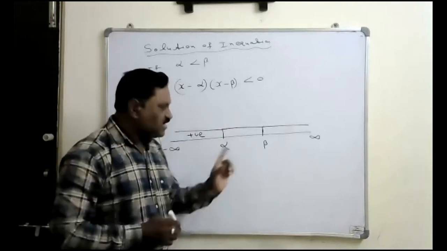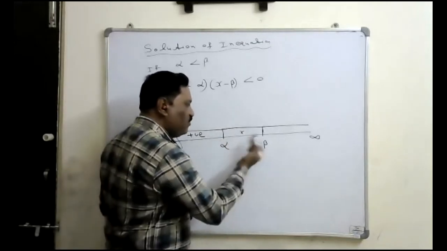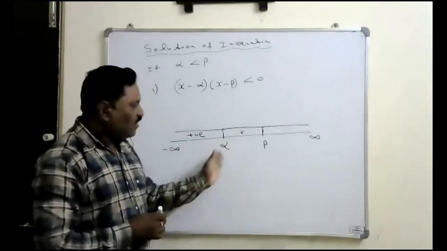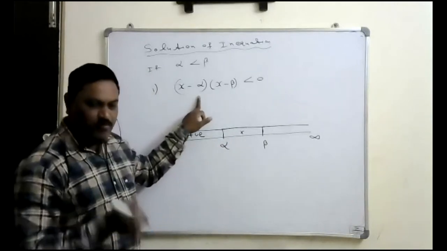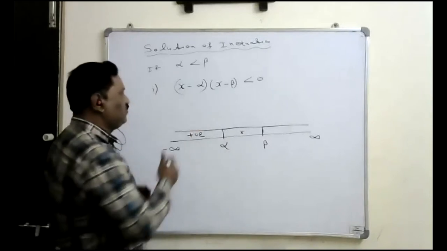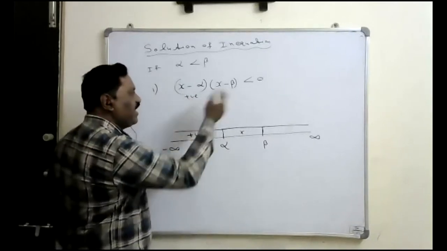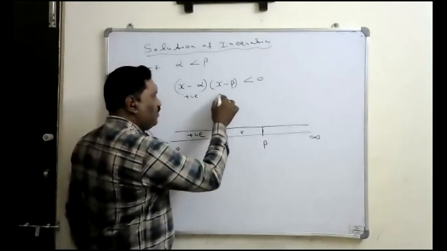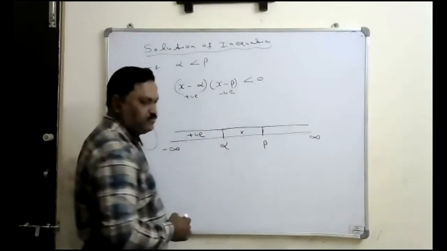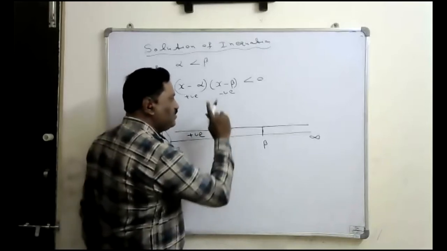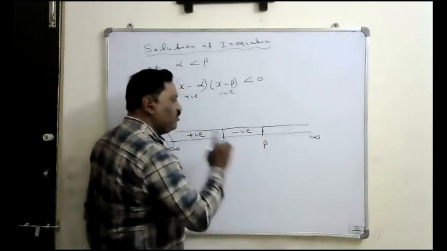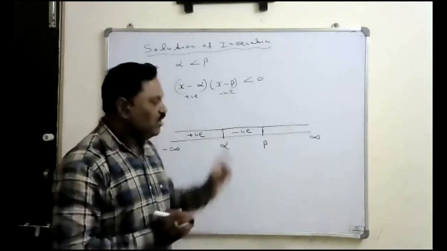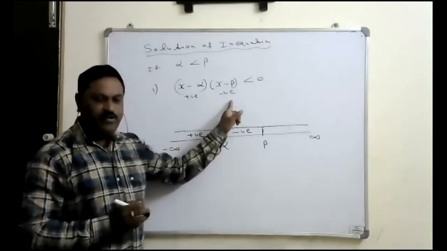Suppose if I take the x value which is more than alpha but smaller than beta, alpha से ज्यादा लो but beta से छोटा लो. Alpha से ज्यादा लिया तो x minus alpha क्या होता? पॉजिटिव है क्या नेगेटिव है क्या? Positive. हाँ, x माइनस बेटा क्या होता? बेटा से छोटा ले रहा हूँ. Negative. So positive into negative? Negative. This product is going to give the negative if I take the x value between alpha to beta. Alpha beta बीच में लिया तो तब ये सभी values के लिए ये negative मिलेगा product.